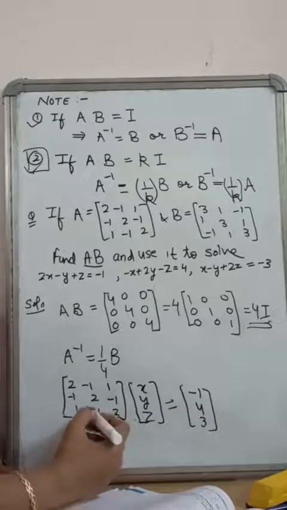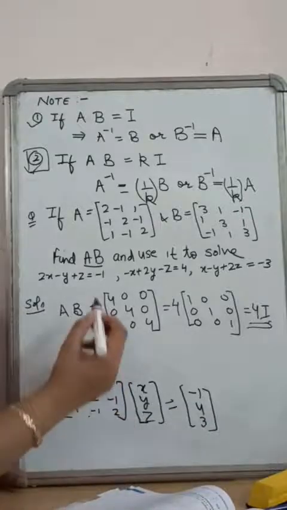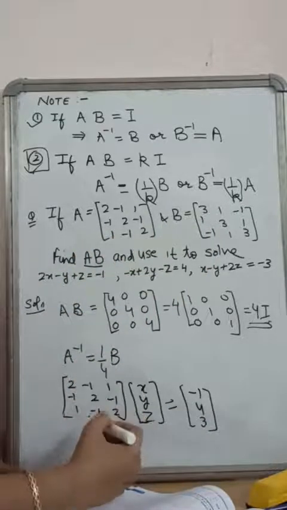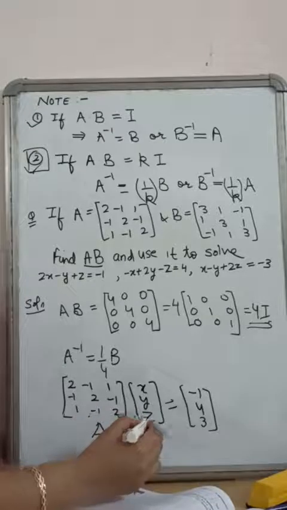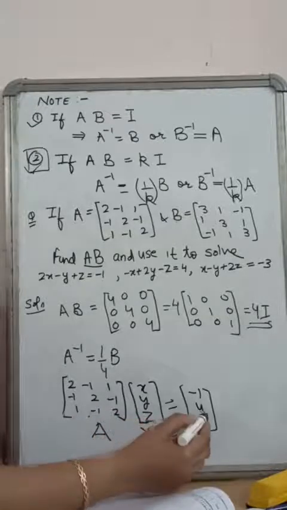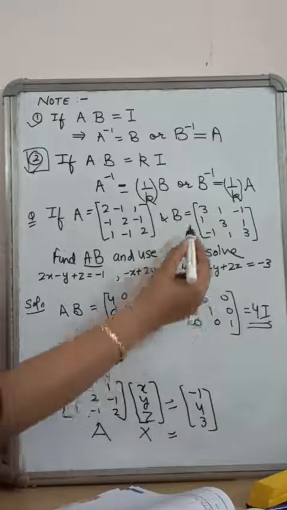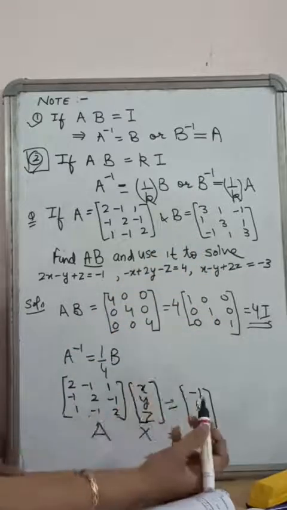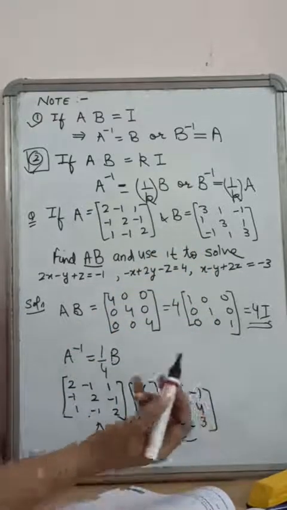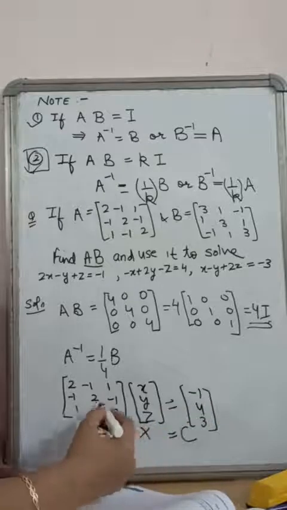So you are getting it, and now you see this. This matrix is A, so you will mention it A. This is X. I cannot write it B because B is already used here. So we use some other notation, say C. I can write it AX is equal to C. Now you find